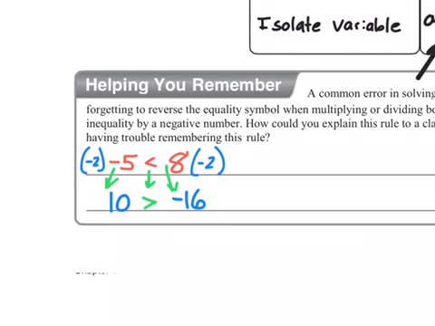Another way of thinking about it is really small numbers, when you multiply by a negative, get really large. Really large numbers, when you multiply by a negative, become very small. And the inequality has to flip to a common